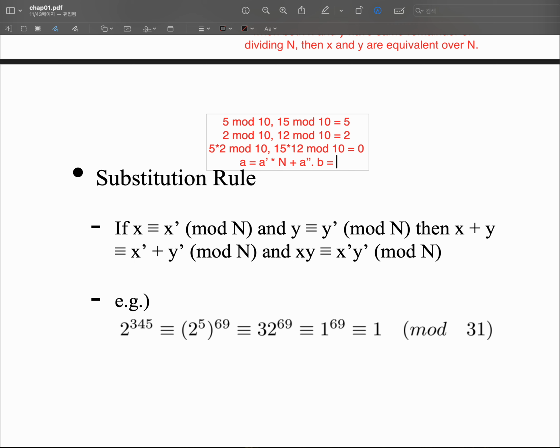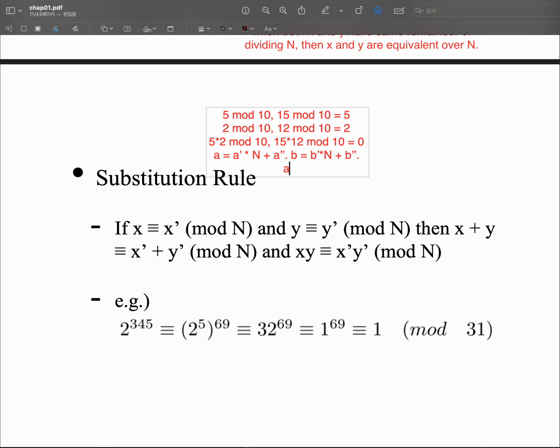B can be written like B prime times N plus B double prime, okay? When you have these values, then definitely A times B equals A prime B prime times N square